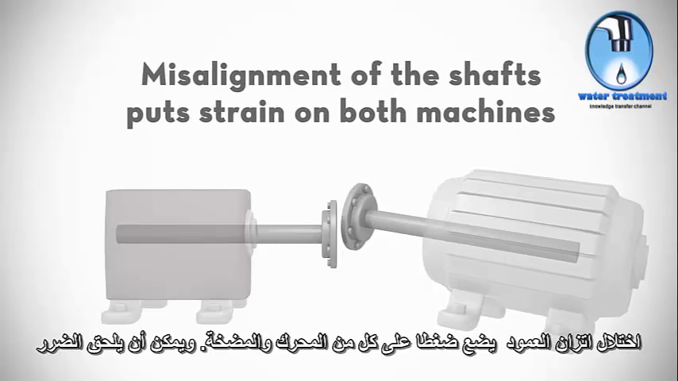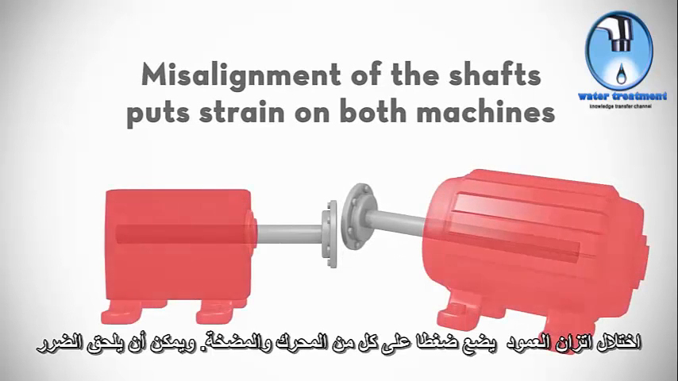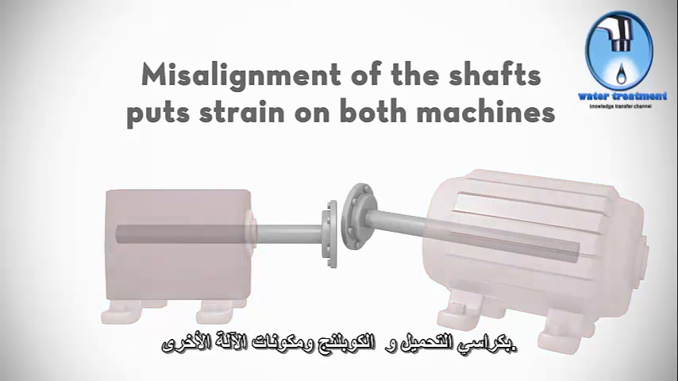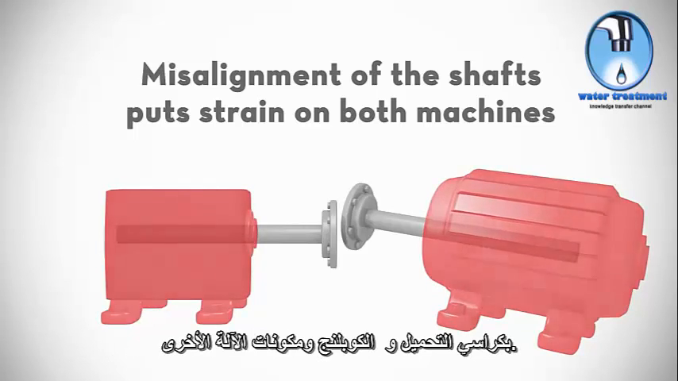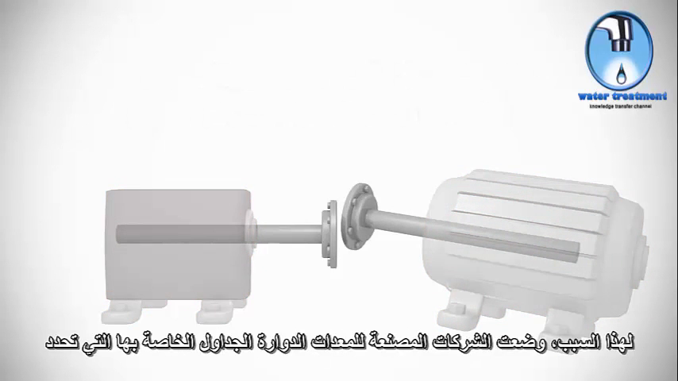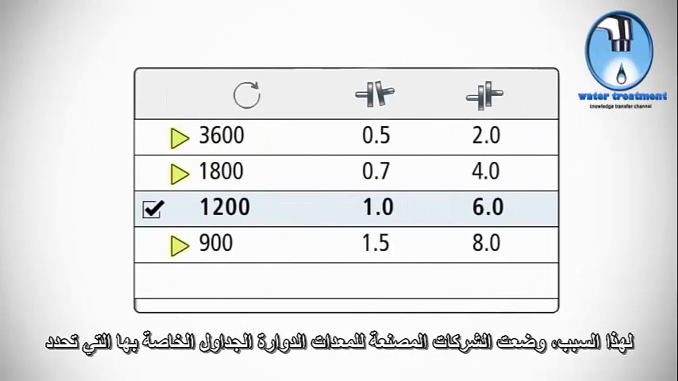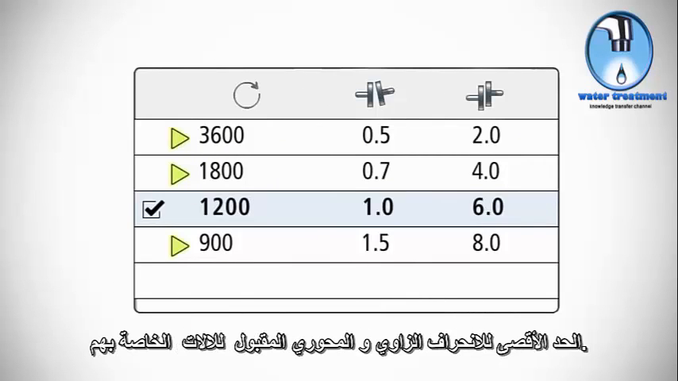Misalignment of the shafts puts strain on both the motor and the pump. It can damage the bearings, the couplings, and other machine components. For this reason, manufacturers of rotating equipment have established tolerances defining the maximum acceptable levels of angular and offset misalignment